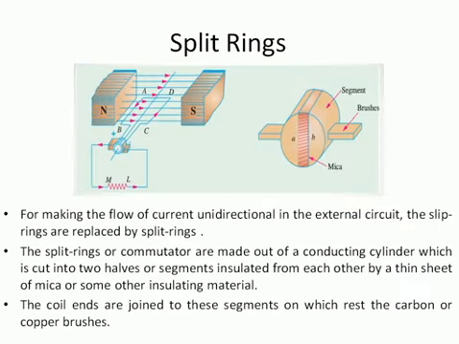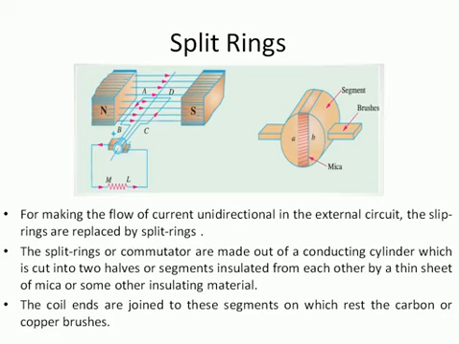So it's clear that if you are using slip rings, whatever EMF is being induced in the coil, you will get it in the same way through its brushes. If you are using slip rings, the nature of EMF across the load will also be AC in nature. So it's very clear that you are not supposed to use slip rings in a DC generator.